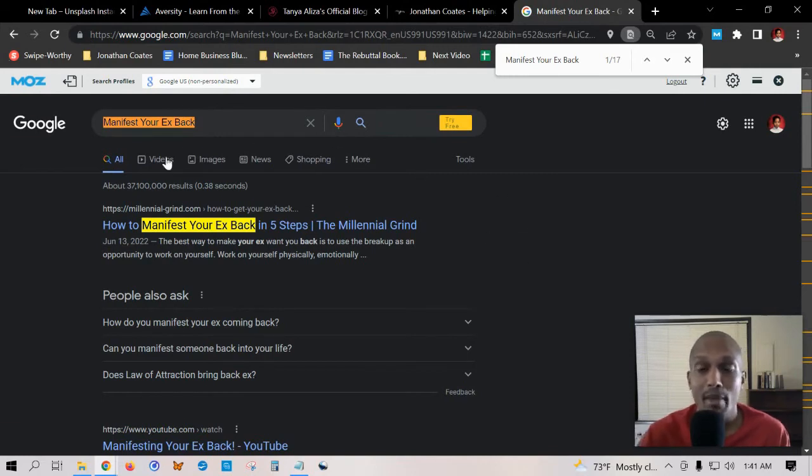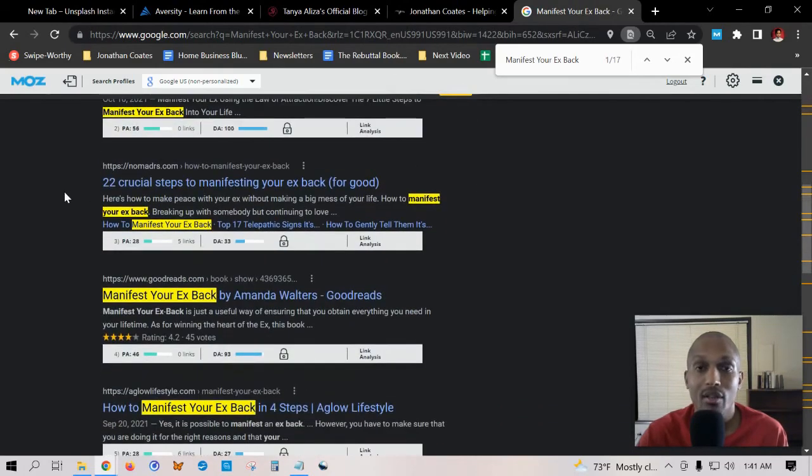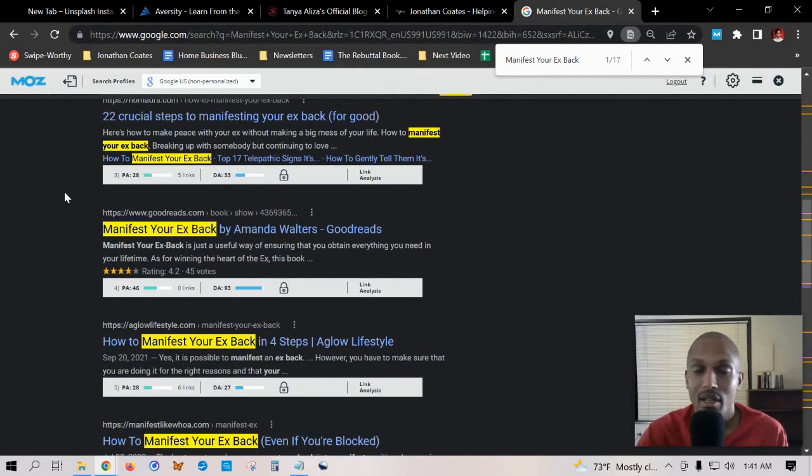So with that said, you just want to make sure you go through this process and then just make sure that none of the websites, or there's a very limited amount of websites, doesn't have the keyword in the title, and then the same amount of websites has a lower domain authority than yours and less backlinks, or little to no backlinks ideally.